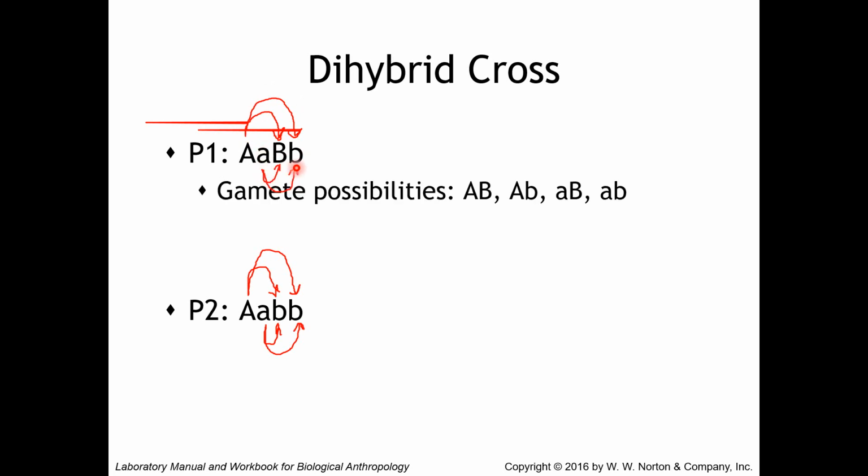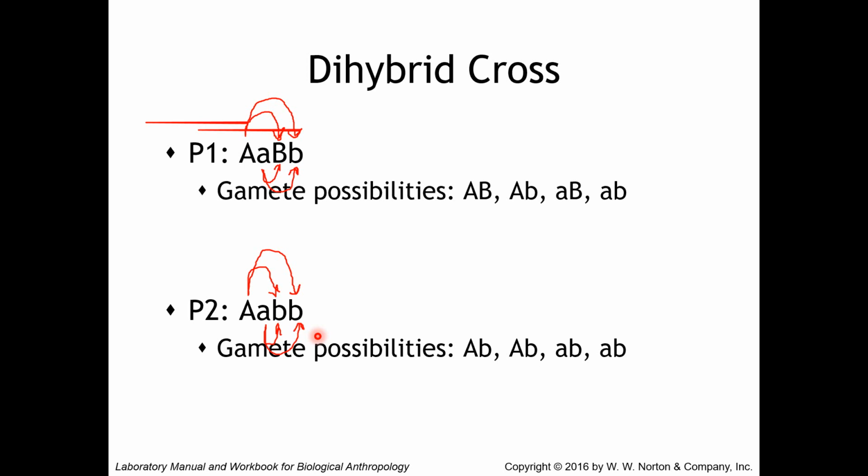And that's exactly what we have with our gamete possibilities. Parent number 2 gamete possibilities then are big A, little b, big A, little b, little a, little b, and little a, little b. And that's exactly what we have here. So now that we have our 4 gamete possibilities, we have to put them into our Punnett square for a